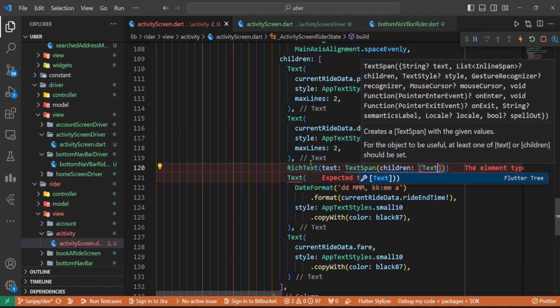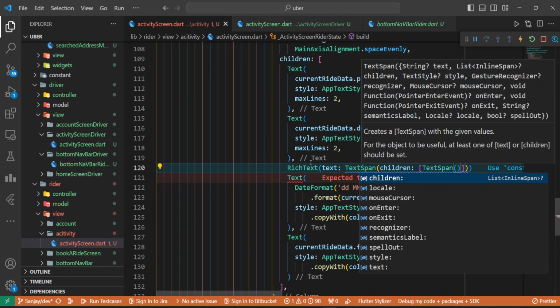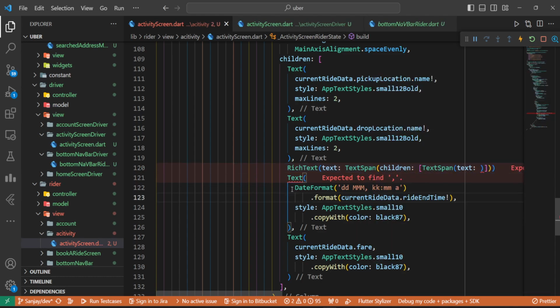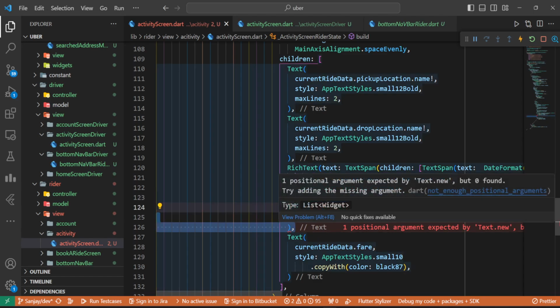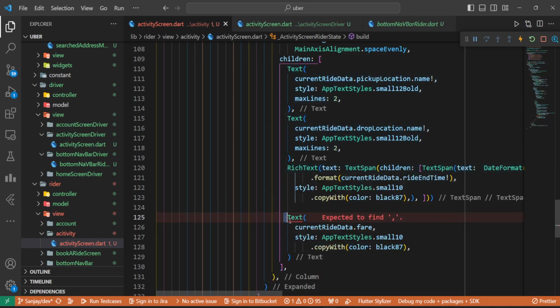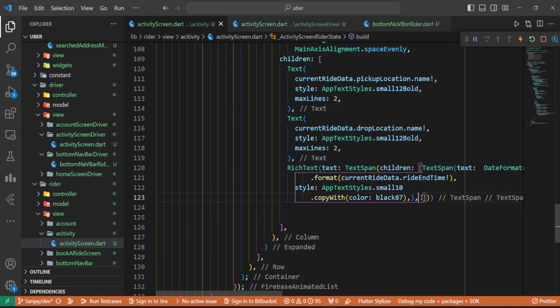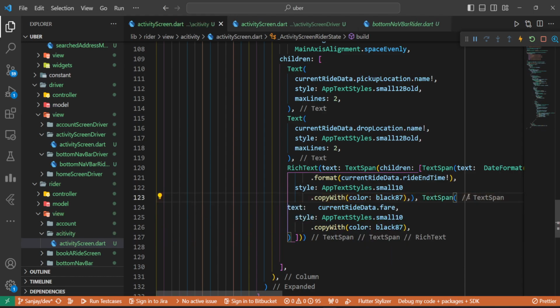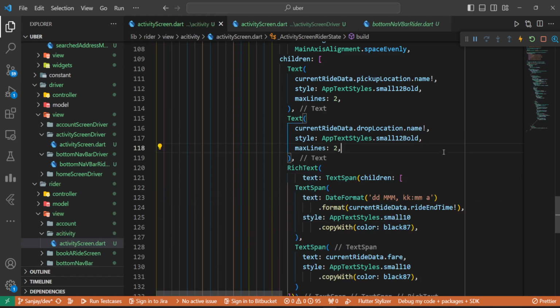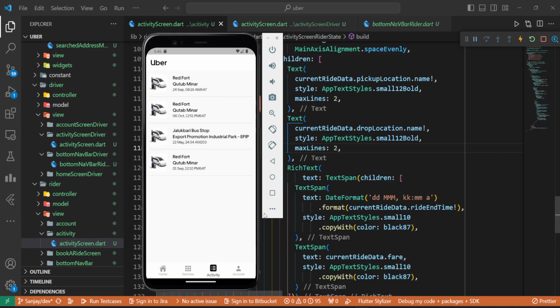It's going to be text span text, and let's cut this one, paste up here, comma, remove this, cut this one, paste up here, and here it's going to be text, and here we do need to add span. Let's save it and let's have a look. Okay,